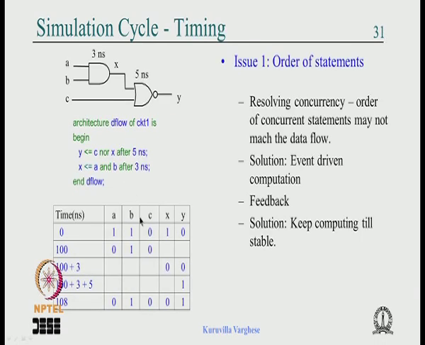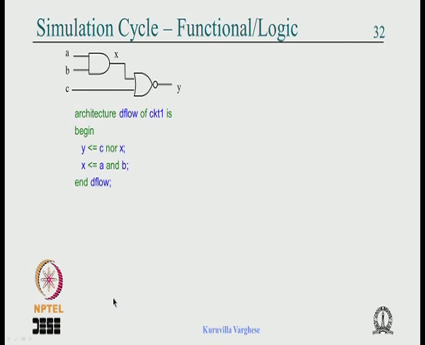There was an event on A at 100, then X changed in response to that at 103 nanosecond, and because of the change in X, Y changed at 108 nanosecond. So the delay allowed us to derive the sequence properly,